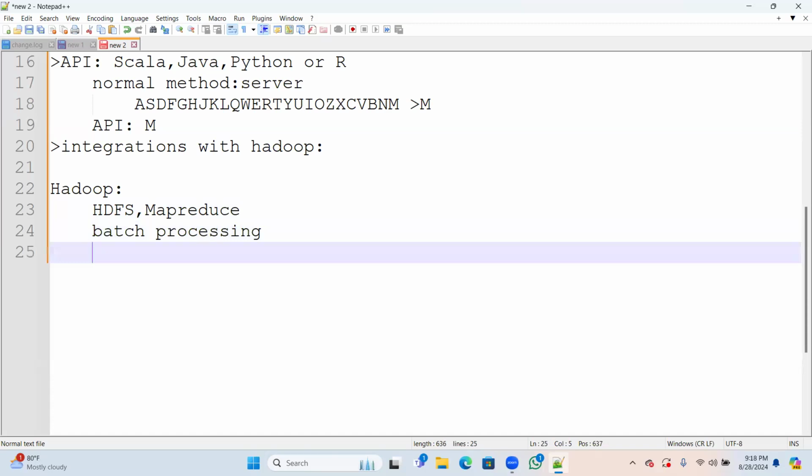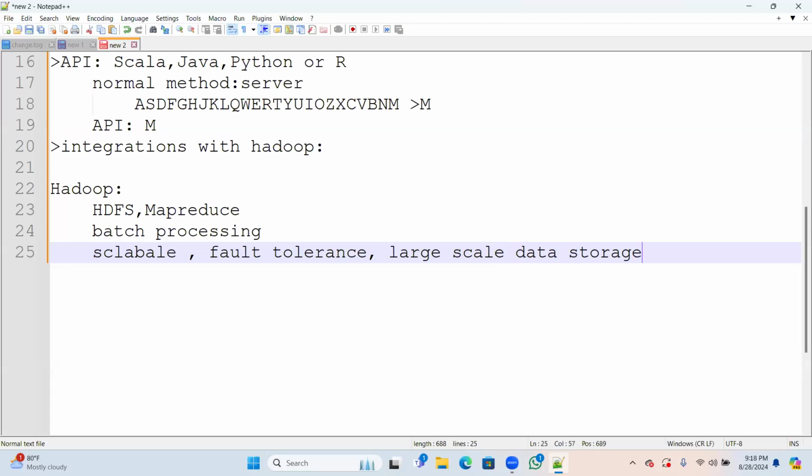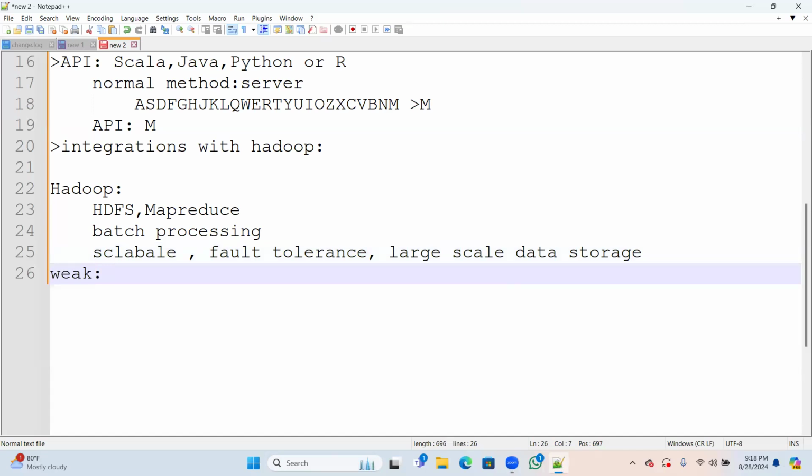Even this Hadoop can be scalable, with fault tolerance, and it can do large scale data processing and storage also. But compared to Spark, it is a little slower.